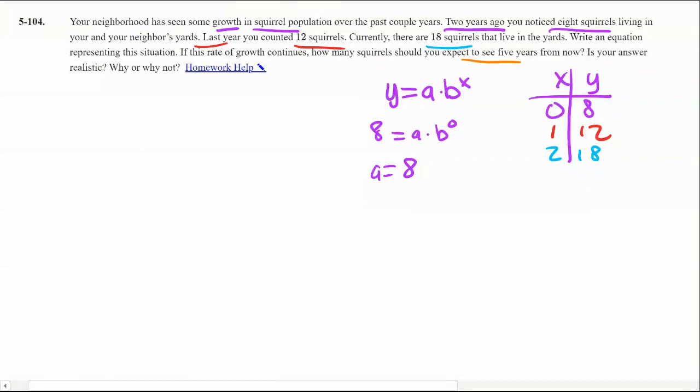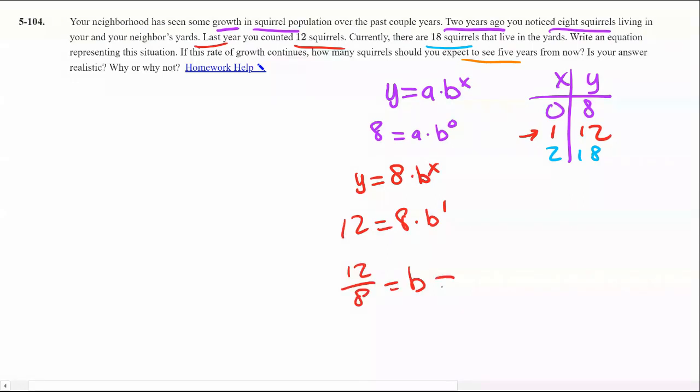Next, I am going to find my b value by choosing a different point. So I'll choose my second point here. I'm going to use y equals now 8 times b to the power of x. So I plug in my y value, I plug in my x value, and then I solve. So I get 12 over 8 equals b to the power of 1, or if I simplify that, I get 3 over 2. So now my final equation here is y equals 8 times 3 halves to the power of